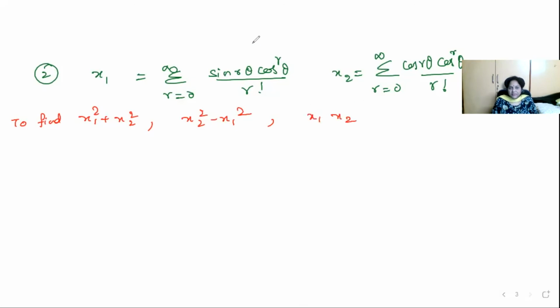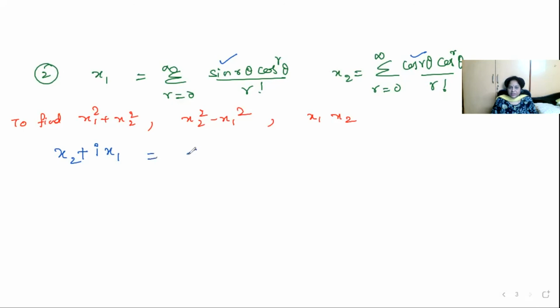A series of this kind, when we see it, we need to think of complex numbers, and in that, the Euler form. Basically, there is a sin r theta here and also a cos r theta. Grouping them, cos theta plus i sin theta is always written as e power i theta. So let us combine the two infinite series in the form x2 plus i x1. The reason is we generally have an expansion cos plus i sin, and since x1 has the sin expansion, we are multiplying it with i here.